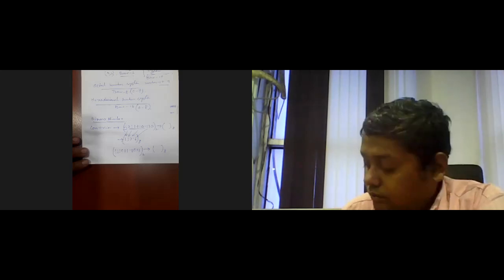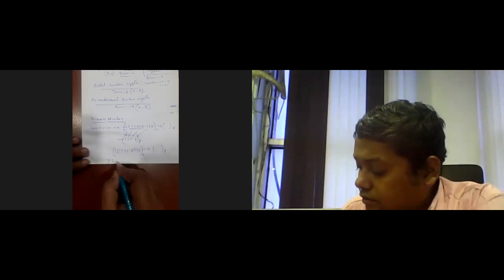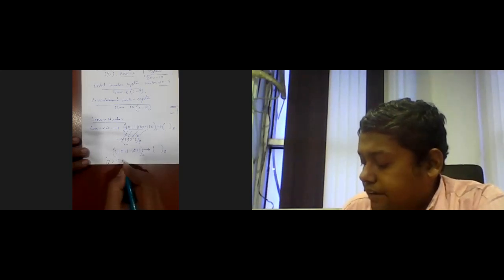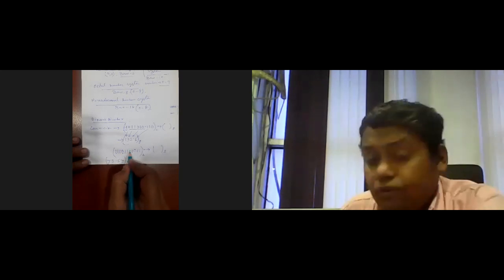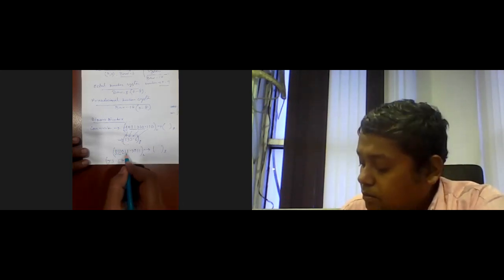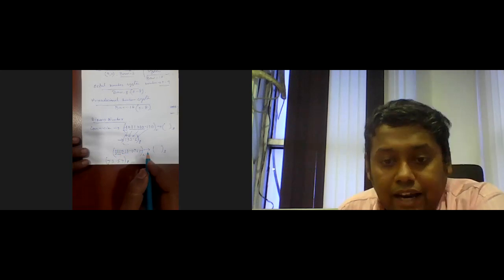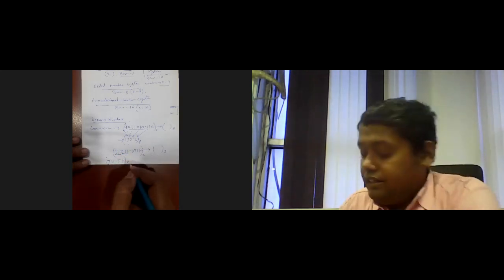Sir, 73.54. 73.54, right? Because it is 3 bits. When you start from before the radix point, it is also groups of 3. So 111 is 7, 011 is 3, 101 is 5, and 1 is 4 if we add 2 zeros on the right side of the fractional part. So this one is correct.